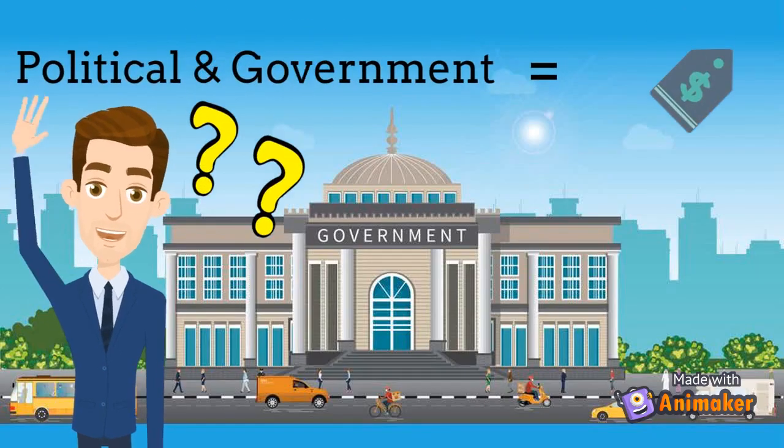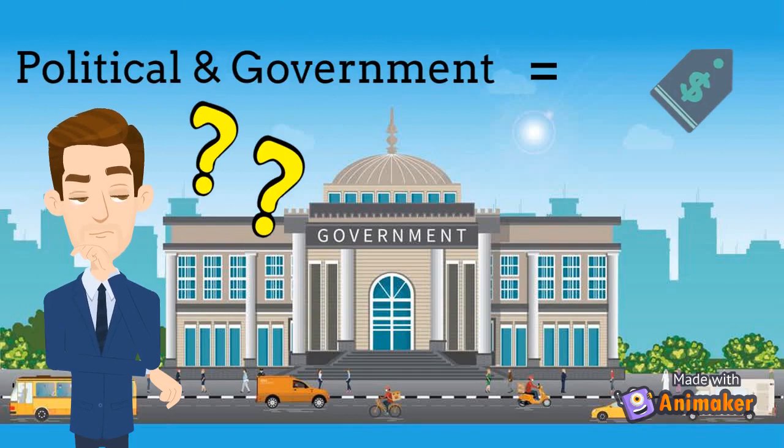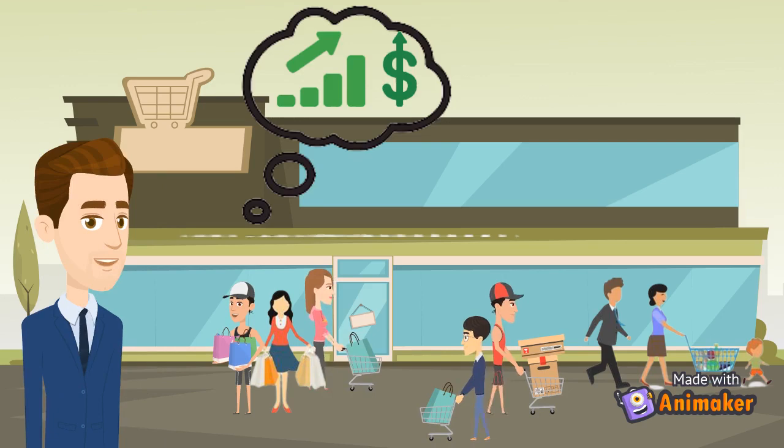Hello everyone, I'm Afiq. Today I would like to share with you how politics and government could affect the final price. You might be wondering how they are related, right? If a country is stable, peaceful, and not in chaos, marketers could increase the price, because consumer purchasing power is at a high level. Consumers could buy anything they want because they have the money, and the country's economy is in good condition.